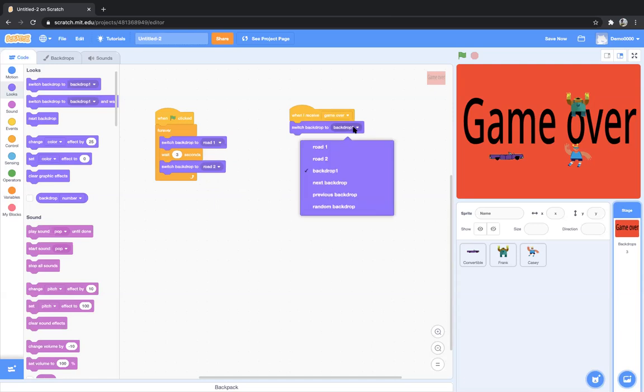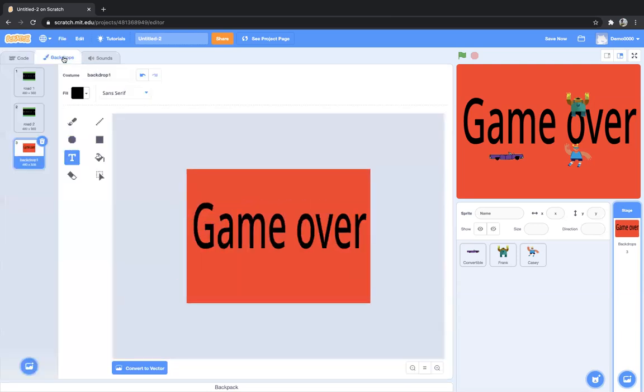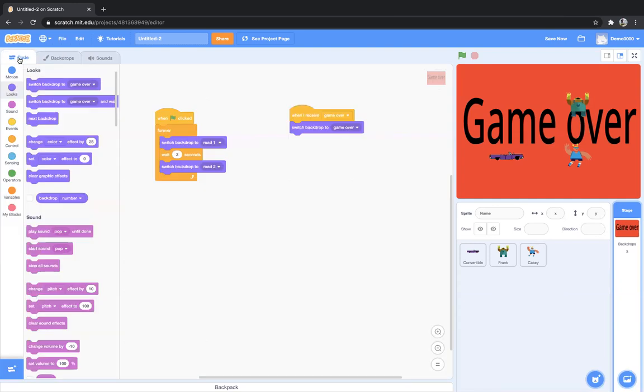Now from this drop down, which backdrop will I use? Let's go to backdrop first. We haven't renamed it. Let's click on this here and rename it to game over so that we won't get confused. Let's go back to code again and switch backdrop to. When I drop down, we have road 1, road 2, game over, next backdrop, previous backdrop, random backdrop. But we want the game over backdrop to appear.